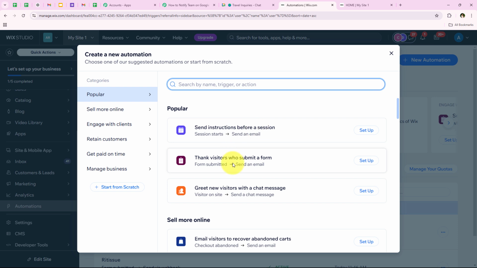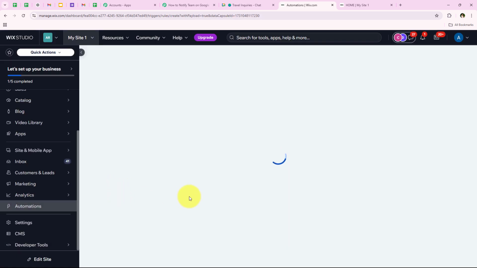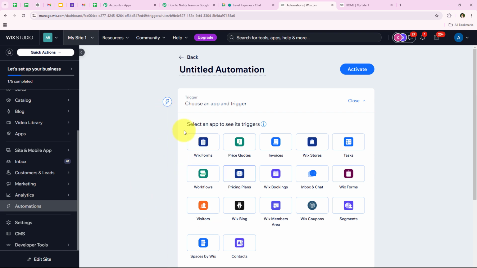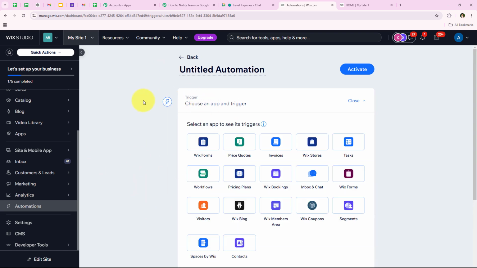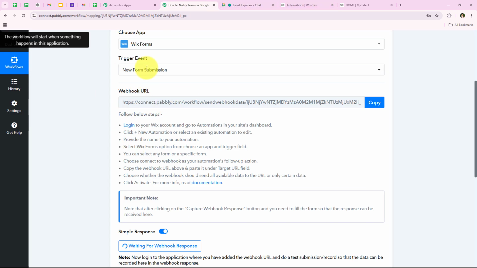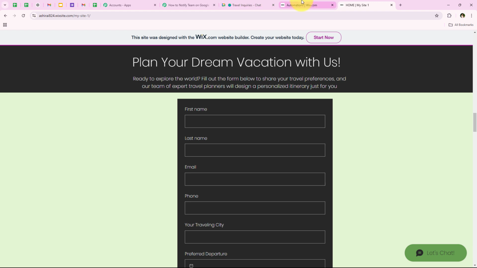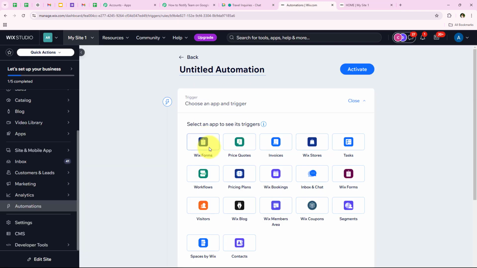After adding this, you can see that there are many templates, but I'm going to start from scratch. So I'm going to click on this button which says start from scratch. As soon as I do this, it is asking me to select the trigger. As I told you, the trigger is the commander of the workflow. We selected the trigger as Wix Forms over here, so we're going to select the same right over here. I'm going to select my trigger as Wix Forms,